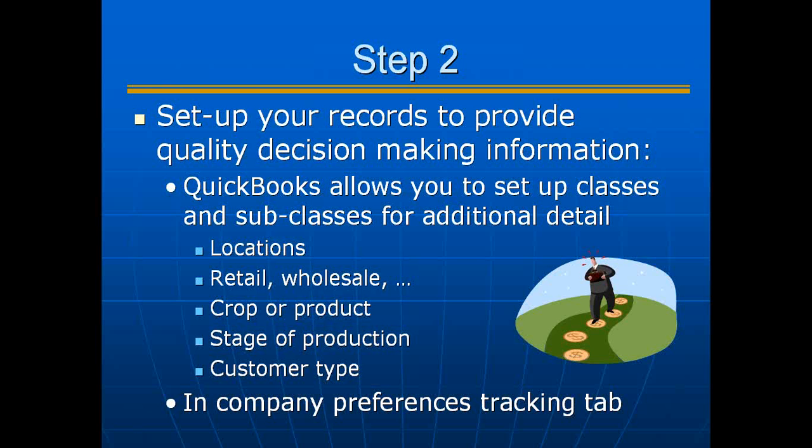And then the stage of production that we were talking about earlier, whether or not these are weanlings, whether or not you've fed them out, whether or not this is a cow-calf operation, anything like that. And customer type possibly is a way that you can break down your records in these classes. And that tab is in the company preferences tracking tab in QuickBooks. Let's go to the next